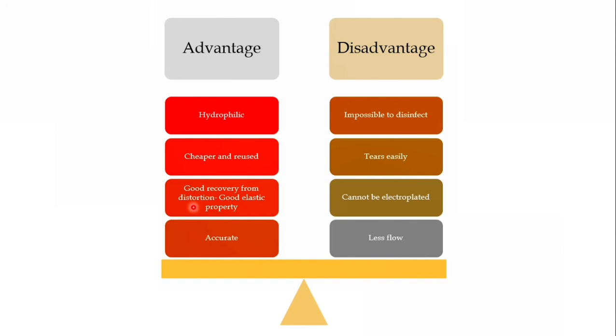Now, like I told, any good material is going to have some disadvantages because it's not a perfect world, it's not a perfect material. So the problem is that though it can be reused, there is very much trouble with disinfecting this material. So the ability to reuse in the same patient is kind of tricky. Then it tears easily, that is, it has a very low tear strength, especially in undercut areas where sufficient material is not there to support its weight. Then it cannot be electroplated. So I'll teach you what electroplating is in the next videos.